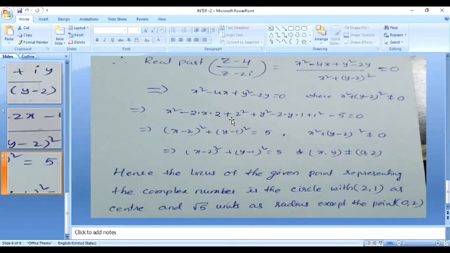Now the total value we have to add here: 2 square, that is 4, plus 1 square, that is 1, so 4 plus 1 is 5. Adding 5 means we have to compulsorily subtract 5, that is minus 5, equals 0. Now this total can be written using the a minus b whole square formula, that is x minus 2 whole square and y minus 1 whole square. Taking this minus 5 to the right side, it becomes plus 5. The condition is x square plus y minus 2 whole square is not equal to 0. Therefore x minus 2 whole square plus y minus 1 whole square equals 5.